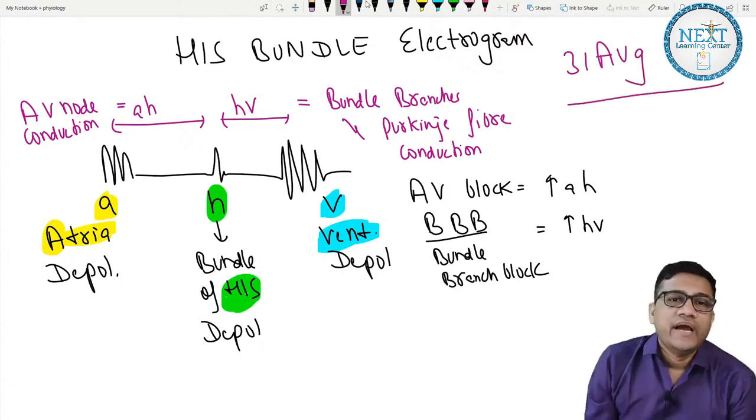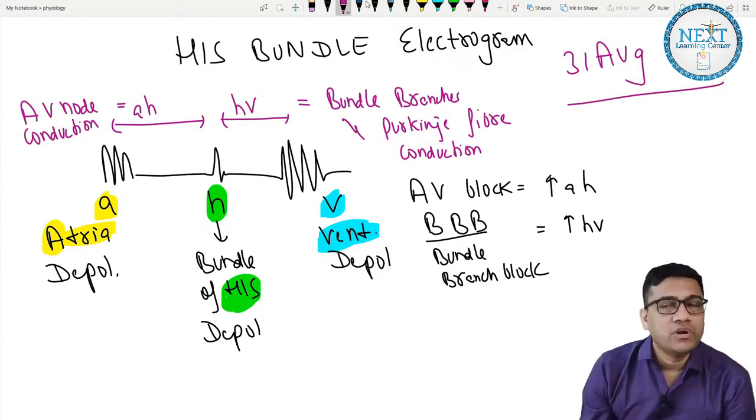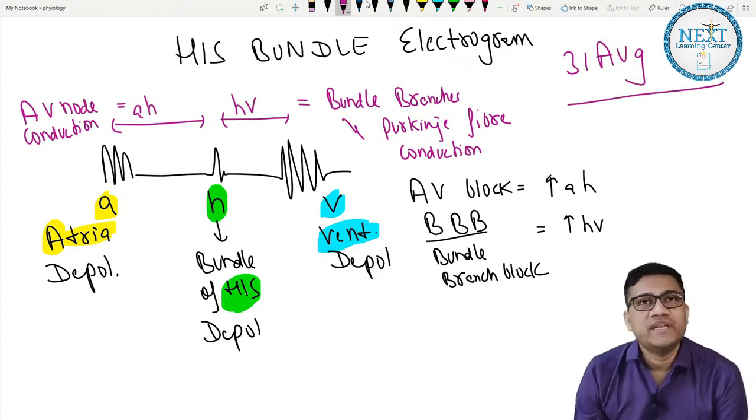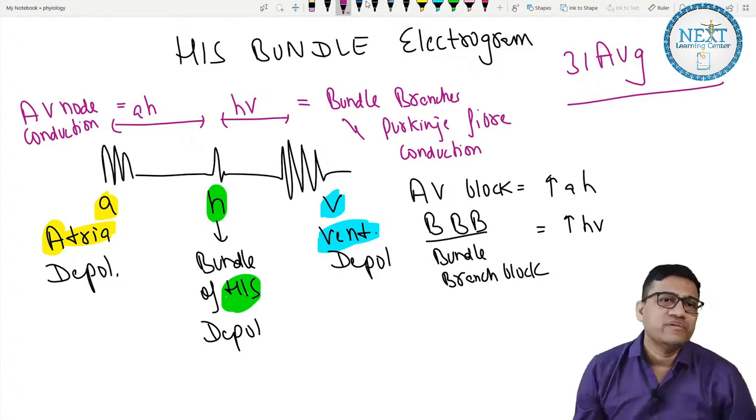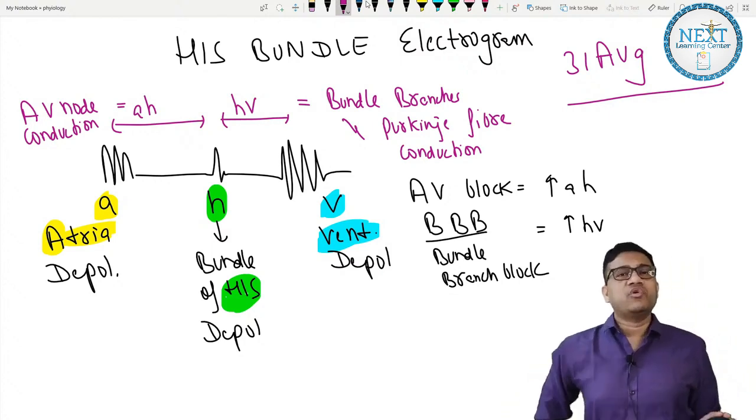Are you clear? And it is not taught in MBBS. It is not there in MBBS books, most MBBS, not all. Yes, it is in medicine for PG level people to study, but I don't think they should have asked this question at this stage because it is very rarely recorded and used.